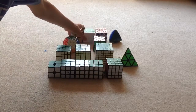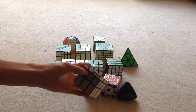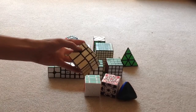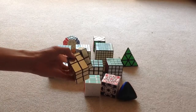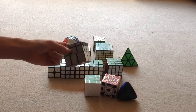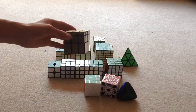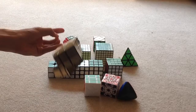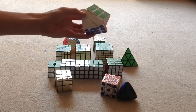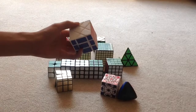And now here's all my shape mods. The first one is Shengshou Mirror Blocks, and it's pretty good. I don't really play with my shape mods all that much. And this is a really fun puzzle that you could get if you're looking for a fun puzzle that's not part of the World Cubing Association list of puzzles. And this is, I believe, a YJ Fisher cube. I got it in China and it didn't have a box, and so it's probably